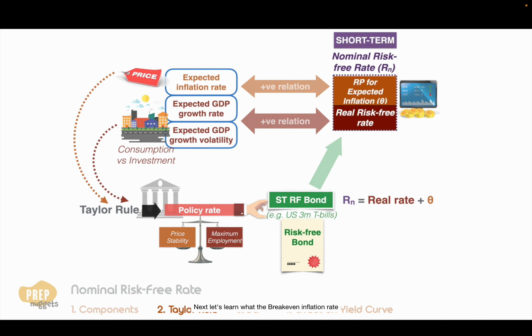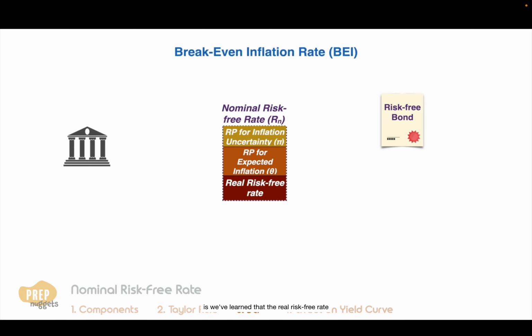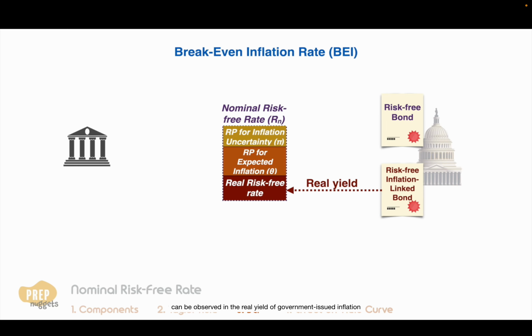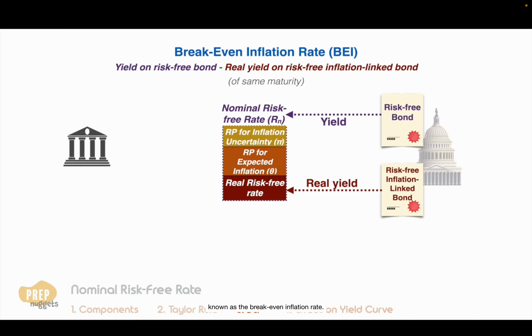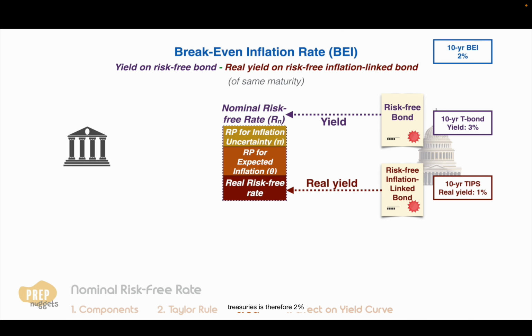Next, let's learn what the break-even inflation rate is. We've learned that the real risk-free rate can be observed in the real yield of government-issued inflation-linked bonds, while the nominal risk-free rate can be observed in the yield of a government bond. The difference between the two yields for bonds of the same maturity is known as the break-even inflation rate. For example, if the real yield of a 10-year TIPS is 1% and the yield on a 10-year T-bond is 3%, the 10-year BEI for US Treasuries is therefore